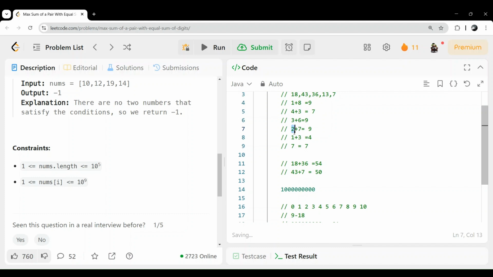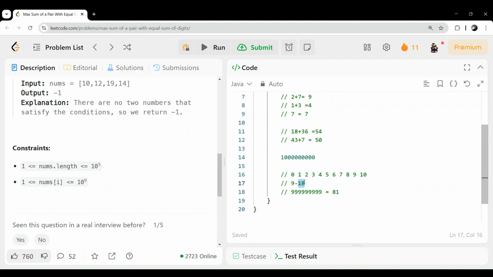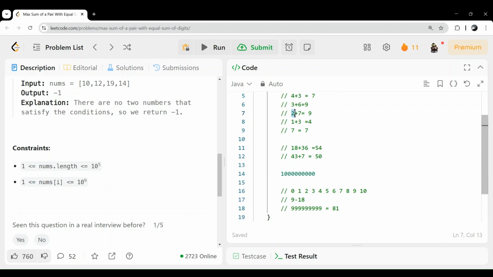Then we got 27. So if 18 is already there, we do the addition with 27 and maximize our value. That is 18 plus 27, which will be 45. So 45 will be our maximum answer initially.